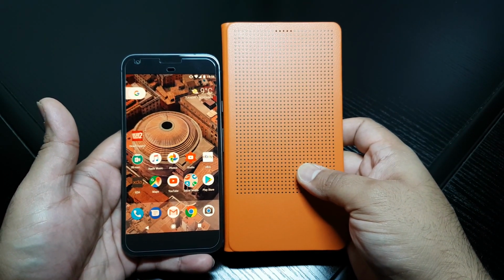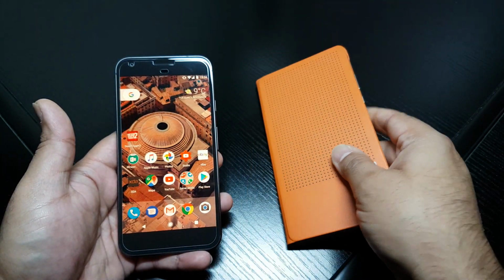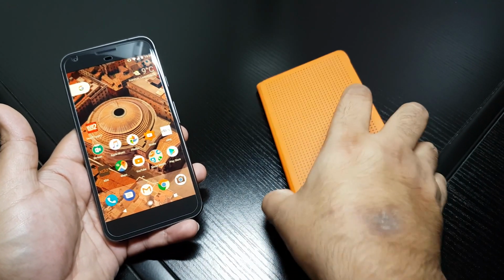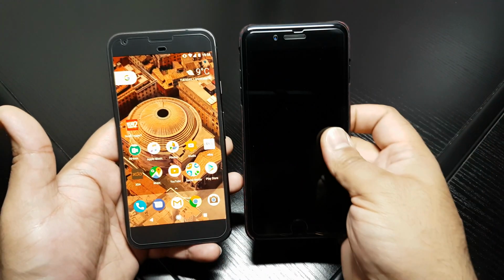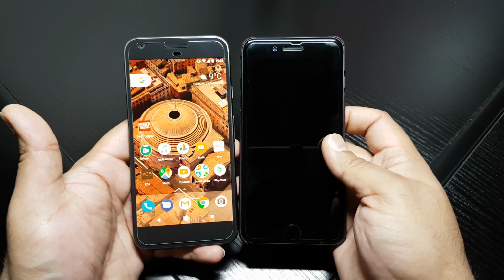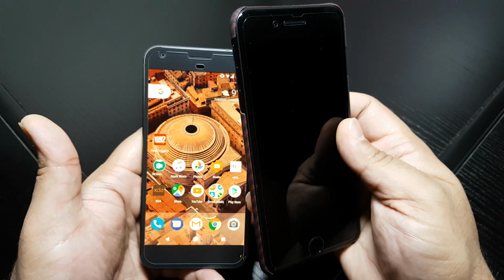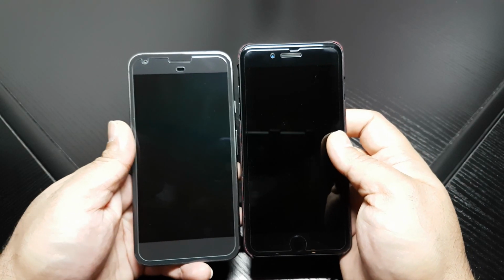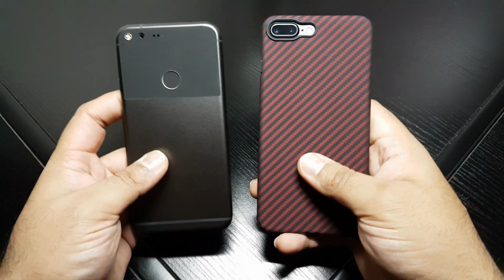Look at the size difference between the two phones, guys. If you want to see my review of this, check it out. Beautiful phone this is. Love this phone. Let me bring in my iPhone 7 Plus as well, so you can see the size comparison. People have been saying this looks a lot like an iPhone. Yes, it does. You can say what you want, it does. They look very, very similar, guys. But then to be fair,